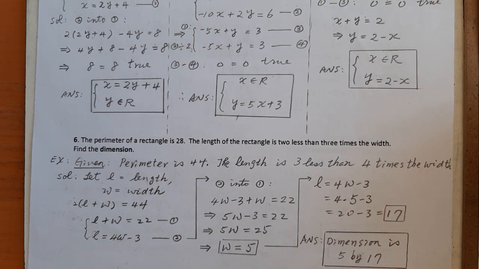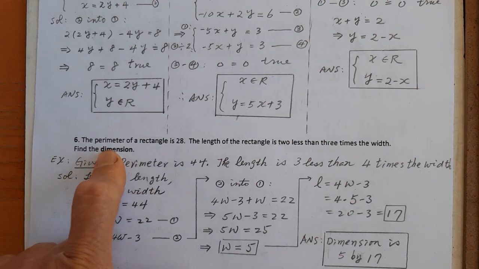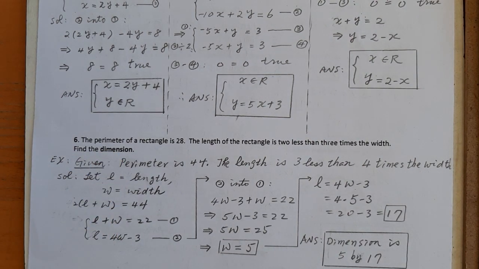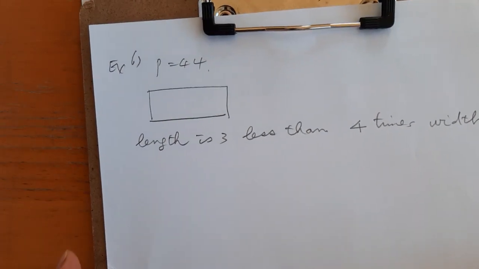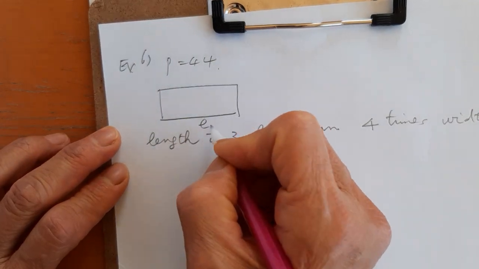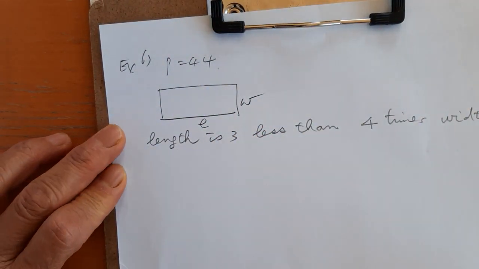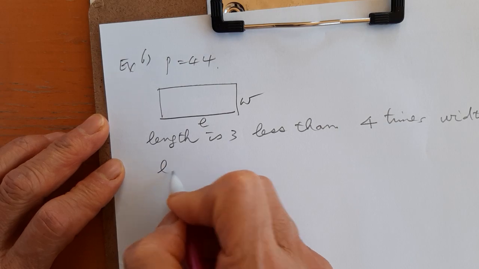So the length is 3 less than 4 times the width. And the question asks you to find the dimensions. Dimensions means the length and the width. Find the length and the width. So since we want to find the dimensions, so find the length and the width. So I can assume L is the